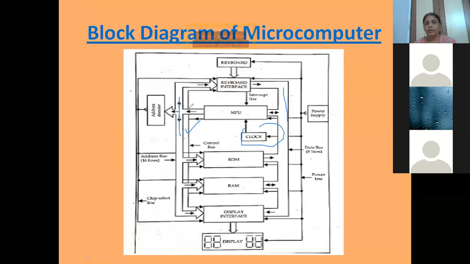In this, MPU will send the address. Address decoder will decode the address, and after decoding, it will select this chip select line. क्या करेगा? Chip select line is connected to everyone. तो जैसे ही decoder decode करेगा कि okay, it is the address of keyboard, तो chip select line will activate keyboard, and others will be disabled. मतलब उनके buffers किस में रहेंगे? Tri state form में they will be there. Okay, and जैसे कीबोर्ड एक्टिवेट होगा, it will transfer the data, and this is power supply line जो कि हर एक के साथ connected है. So this way you have to connect all the peripherals to address bus, data bus, control line,